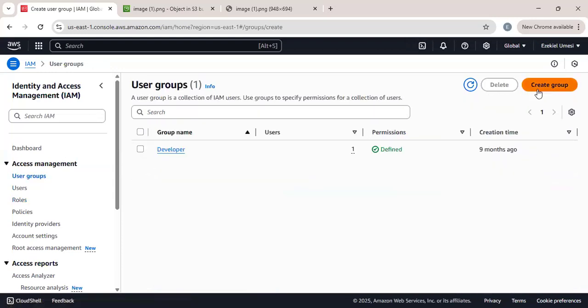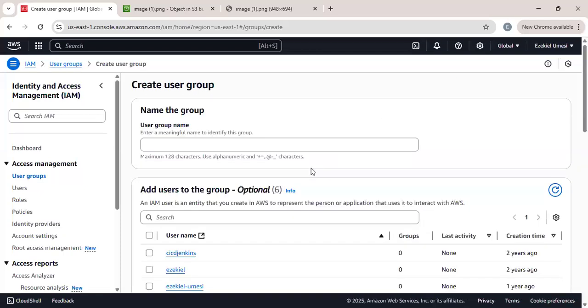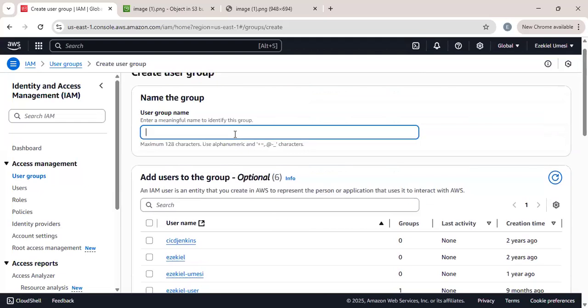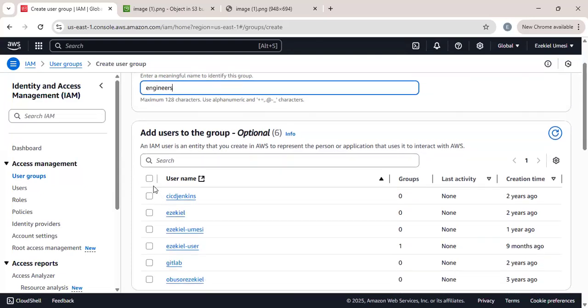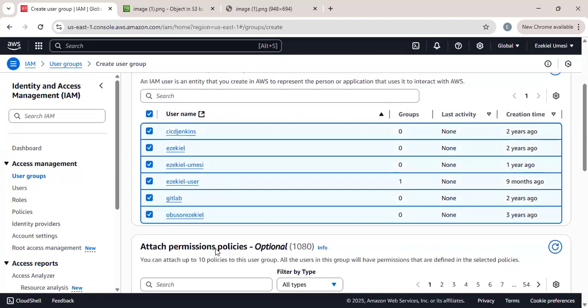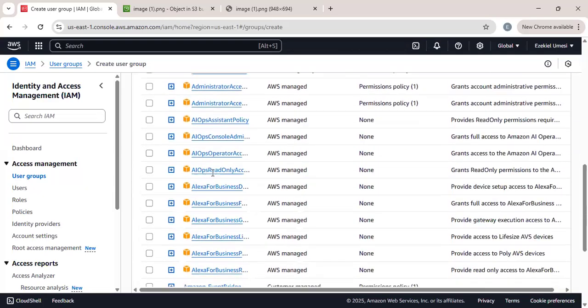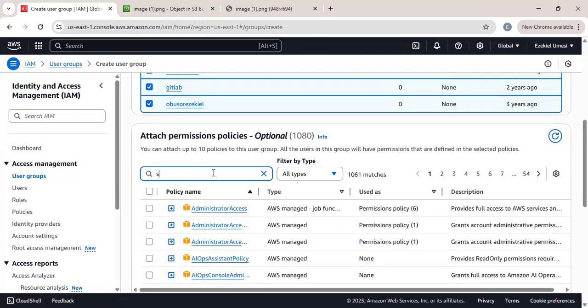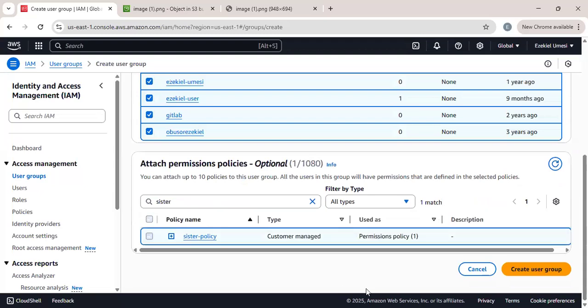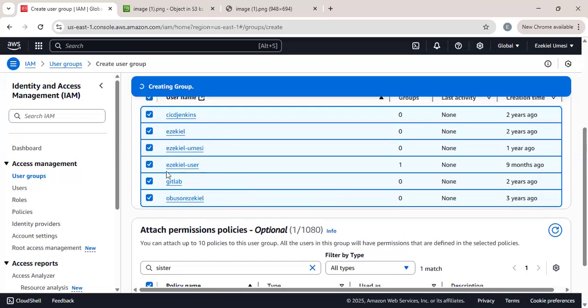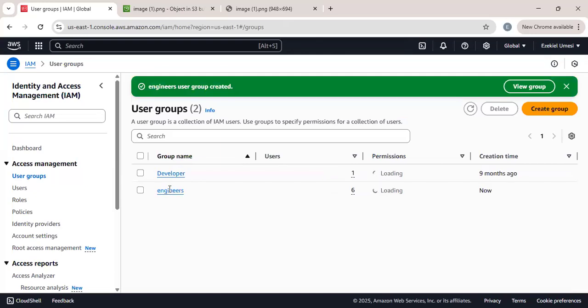Now this user group, I can create a group. Let's say engineers, and now add all these my people here, my brothers and sisters. Let me just say that these are all mine though, but you can also attach the policy. Then you now attach the policy. So the role is sister policy. So it means every single user, and this is the best way to attach this thing. Every single user here will have this sister policy. So you can come into a company now, they'll tell you, oh, join XYZ role, join the engineers role, and you get it. So that's all about IAM basically